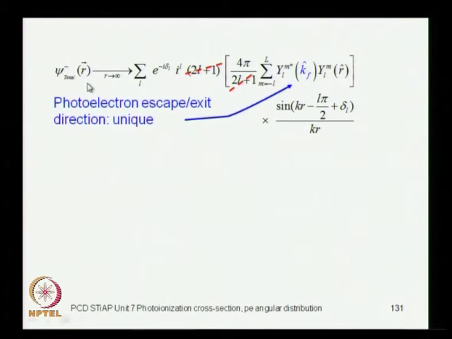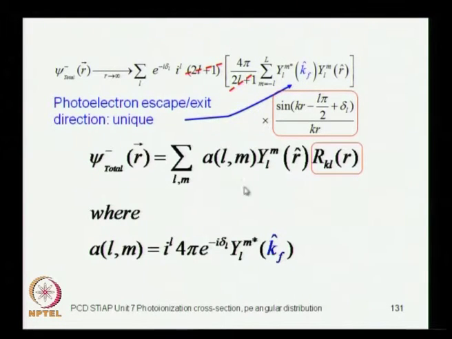function, the total wave function, according to the ingoing wave boundary condition in terms of this radial function, which includes the scattering phase shift. This is written as the radial function R of r. Then there is the spherical harmonic Y_LM of r, which is coming from here, and then everything else, which includes this i to the L and e to the minus i delta L, the phase shift, this factor 4 pi, and the spherical harmonic corresponding to the direction of the photoelectron escape direction, which is the unique direction,